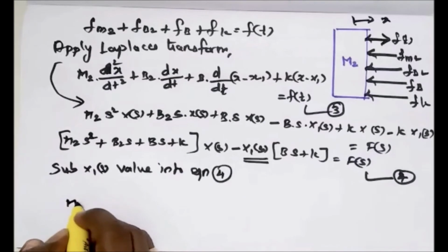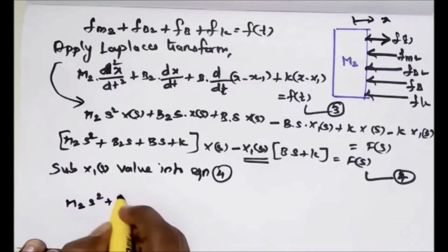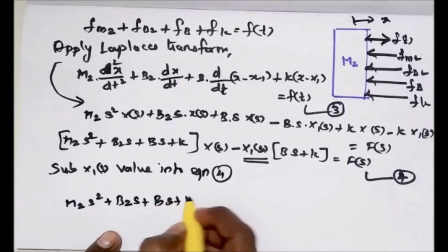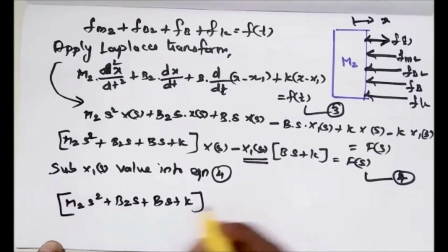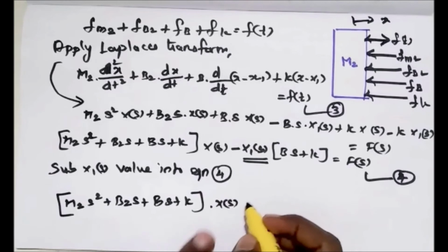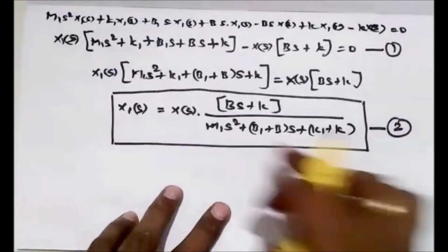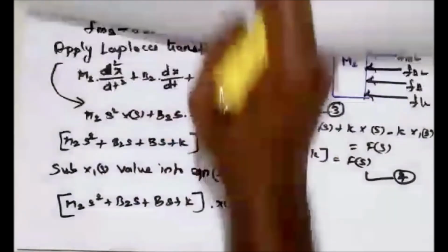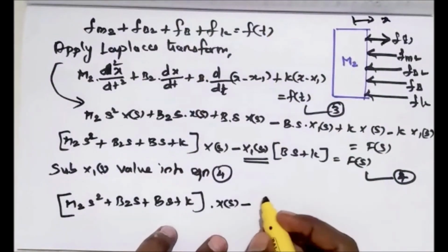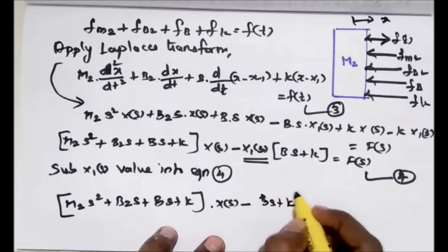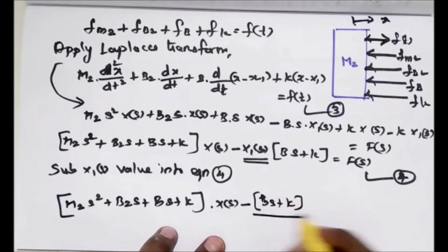So we will get m2 s square plus b2 s plus b s plus k into x of s, minus x1 of s, which is b s plus k divided by